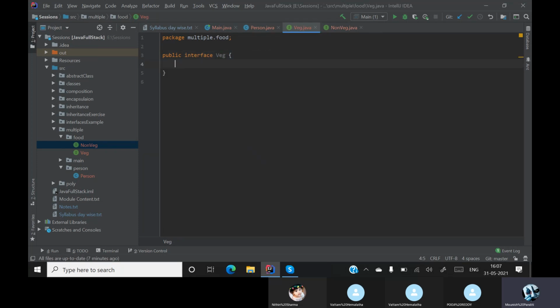Let us say we have a method here, public void eat. Since it is an interface, everything is abstract. So there is a method called eat in veg. In non-veg there is another method called enjoy.